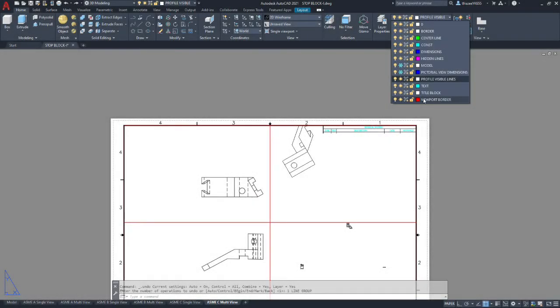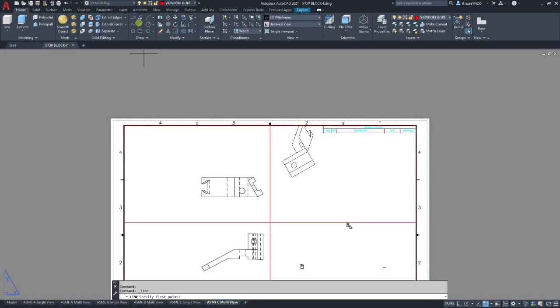Okay, so now we have that all aligned in space. Now I'm going to draw a shape to contain another viewport we're going to add. These are just guidelines, so make sure you're drawing them in the viewport layer so that they don't plot. Draw some sort of square or rectangle that's big enough to hold the dovetail auxiliary view, but won't allow the viewport, which is rectangular, to cover up the front view. You'll see how this works in a sec.